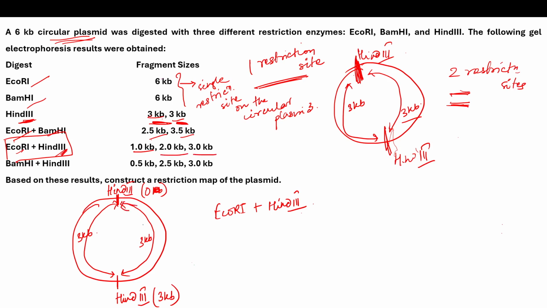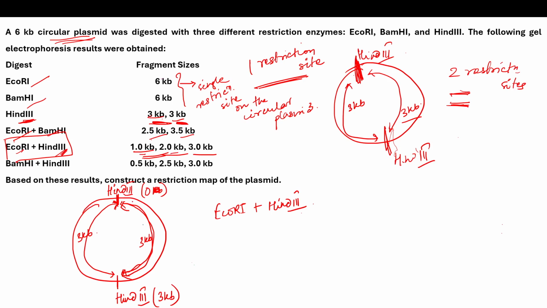Now Hin3 is cutting at two sites, right? So one 3 kb fragment is intact. Then another 3 kb fragment is getting divided into one 1 kb fragment and another 2 kb fragment. So that means